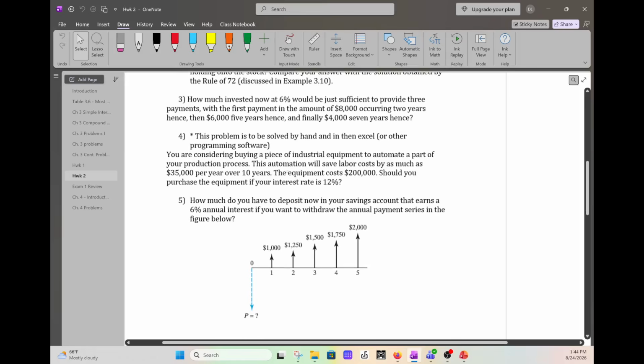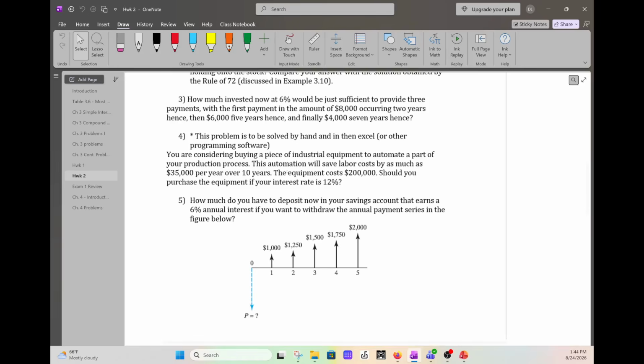Problem 4, I want you to do it by hand on a piece of paper first, and then use Excel or another programming software to give me the answer. Okay. Make sure I have an Excel formatting video that I actually recorded for fluids, but it's the same principle. You want to make sure you have headings at the top, you have nomenclature, and you use equations in your